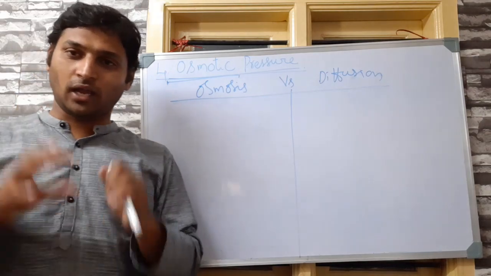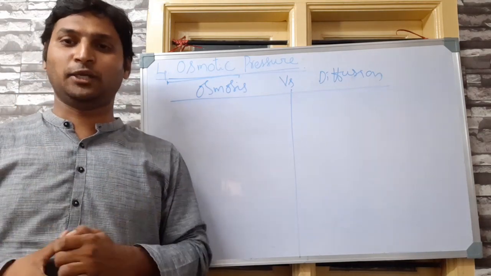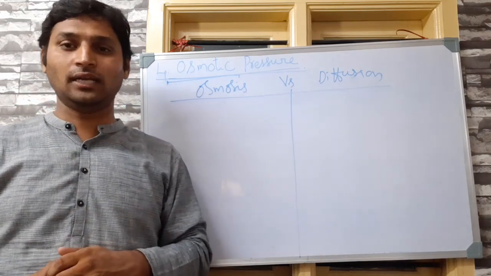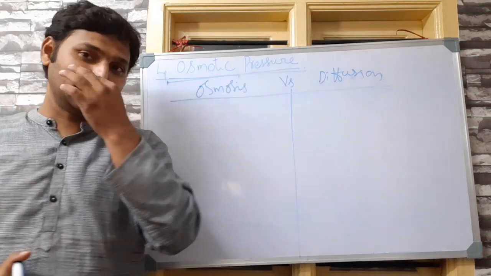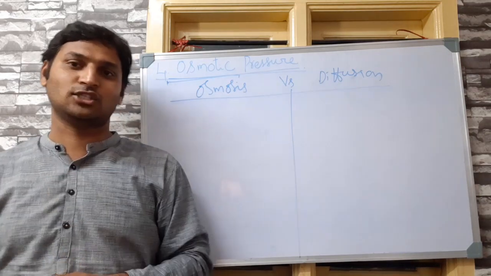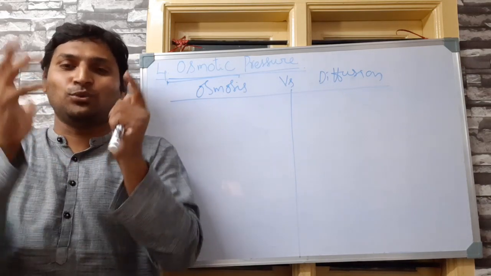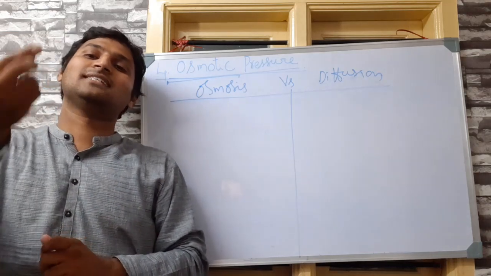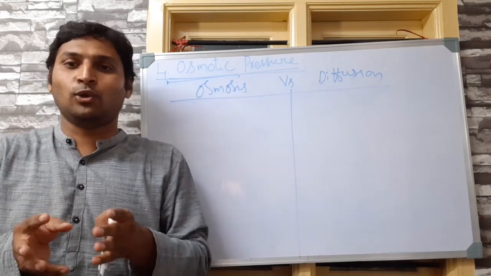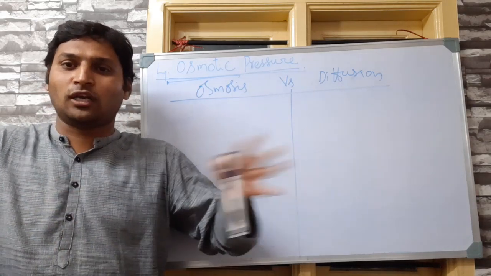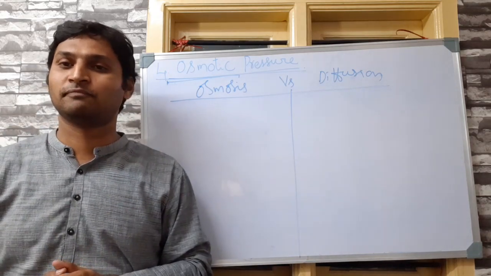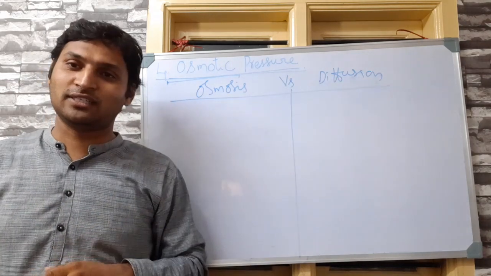Before I go on to explain why and how osmotic pressure is a colligative property, a quick look at this for your general knowledge: the difference between osmosis and diffusion. See, liquids do diffuse. Liquids and gases both diffuse. We have studied that in school. A very easy to understand example is, if you place a drop of ink onto the surface of water in any vessel, you can notice the ink slowly diffusing into water and spreading across the water and coloring the water also, whatever color you must have taken. That is diffusion of liquids into each other.